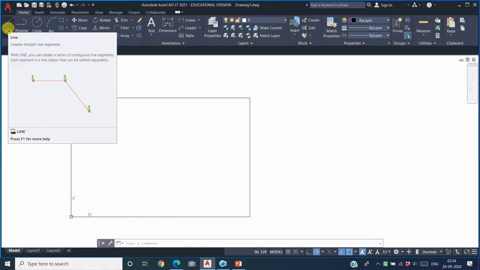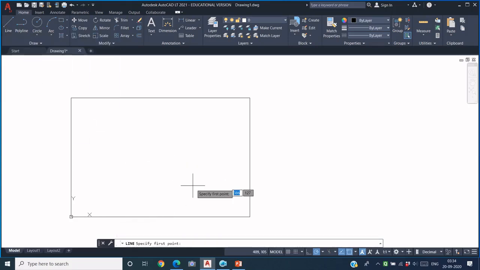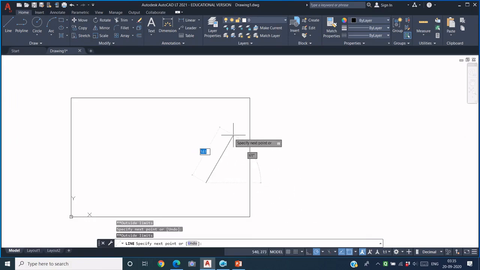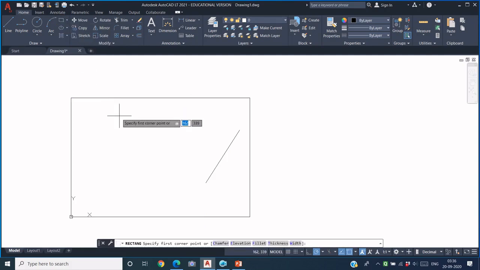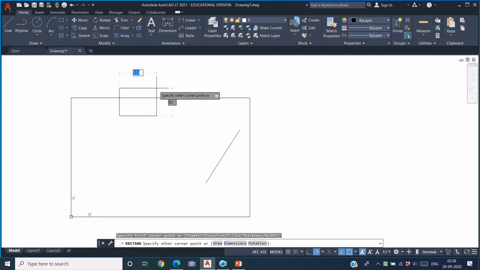Now what does it mean? When the limits are on, then the system will not let me create any object that will be not lying within the limit area. For example, if I draw a line starting from here and I just trying to finish the line outside the limit area, that is outside this rectangle, so the system will not accept that as the end point of the line. So I have to put it inside. Similarly, you can try making a rectangle. Now if you specify one corner of the rectangle to be inside the limit boundary, it will not accept the other coordinate if it lies outside this limit boundary. So it has to be specified within this.